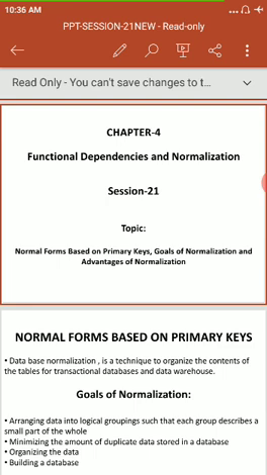Logically, you group it so that each group describes a small part of the whole. In normalization, the whole will be logically grouped into several pieces.